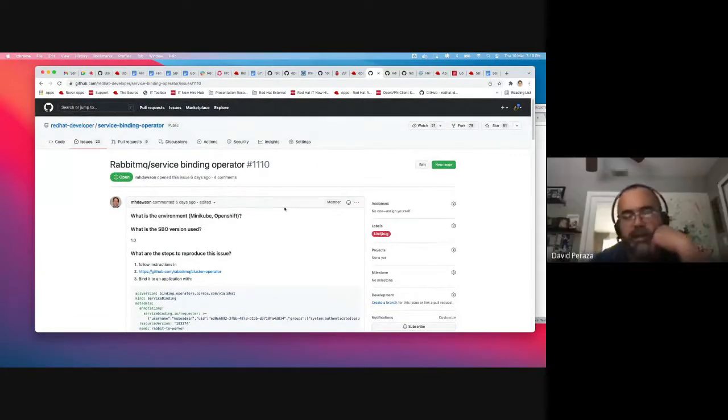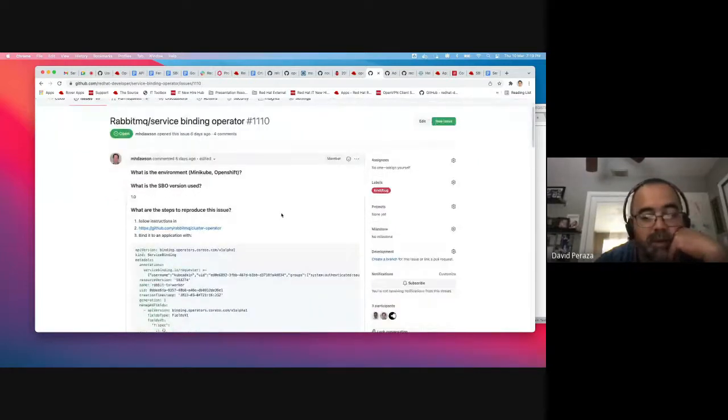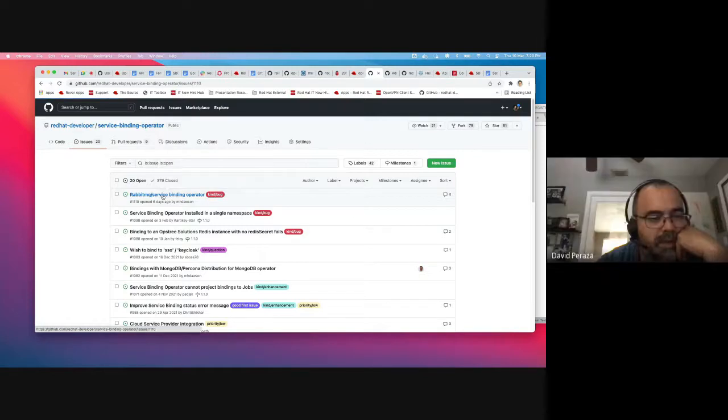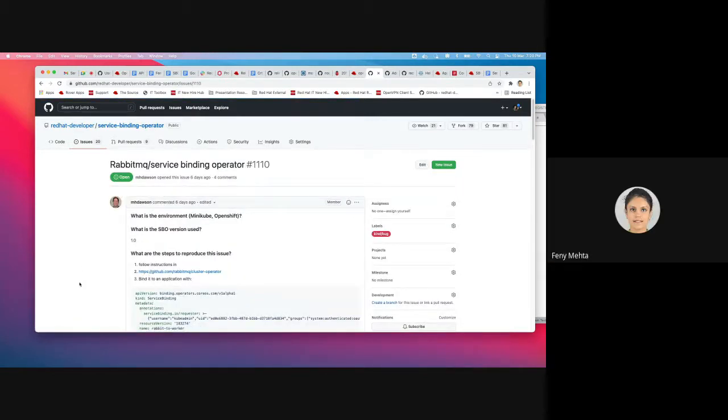And is there any pending one that we haven't triaged? I think the one Karthik already opened for the single namespace was already done. Before that, all the other things we have already done. For the Opstree Redis one, I think the person already joined our call, and we already gave an answer about how we are working. So I think the rest of them are already done. This was the new one, I think. That was opened 6 days ago, right? Yeah. Okay.